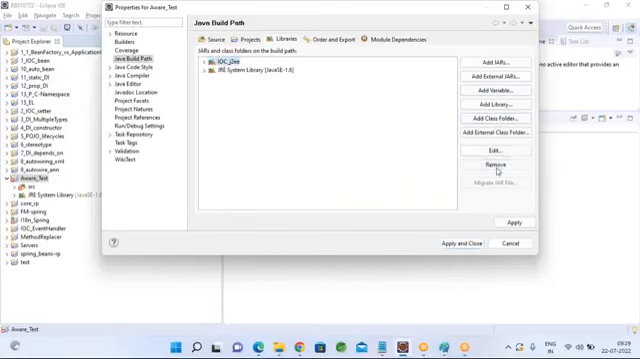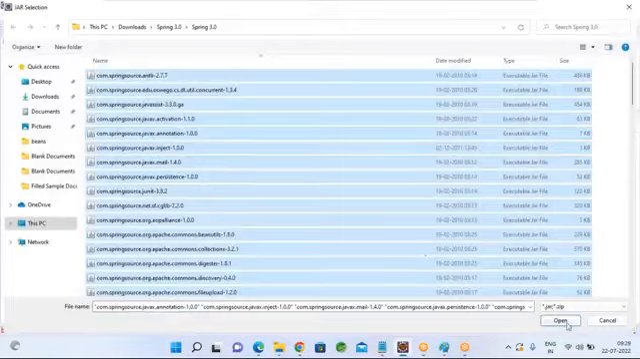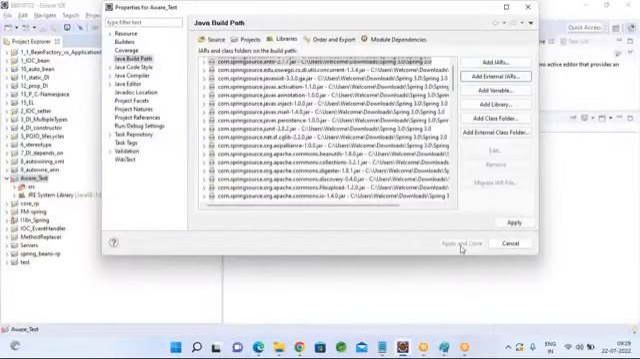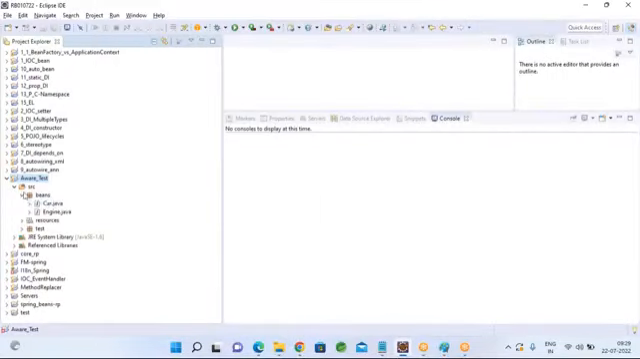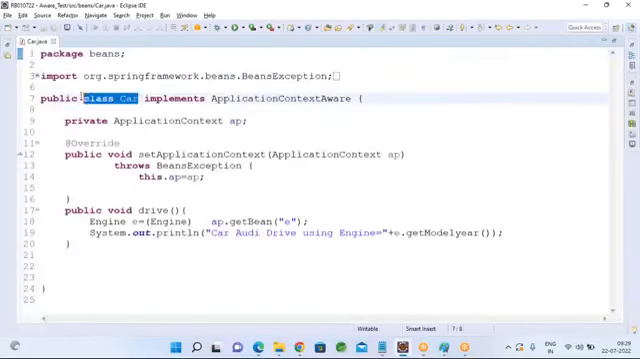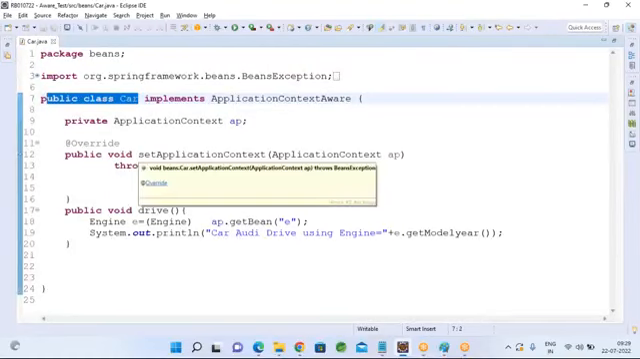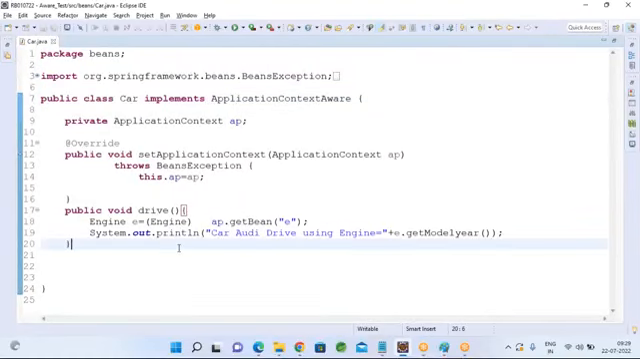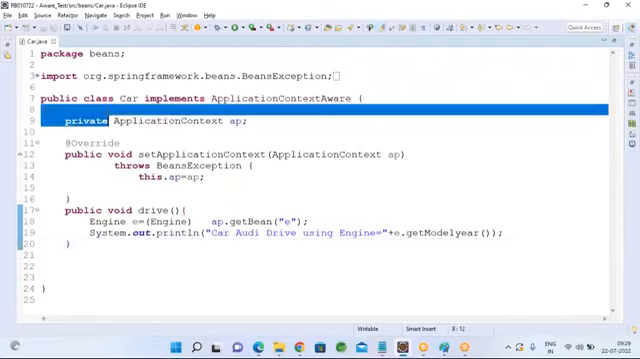Let me add jar files. So here I have 2 classes, car and engine. I'm doing simple dependency injection of engine into the car class. This is my car class, and this car class has an engine dependency. So instead of injecting the engine,